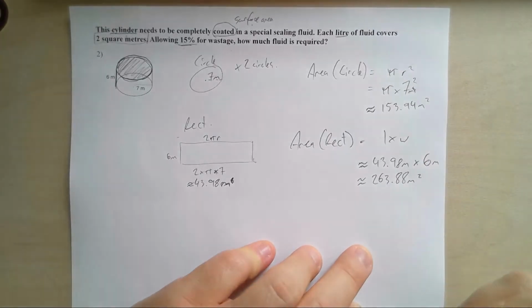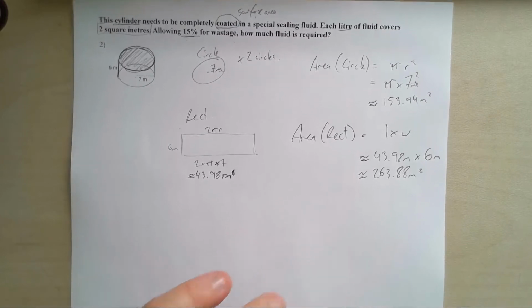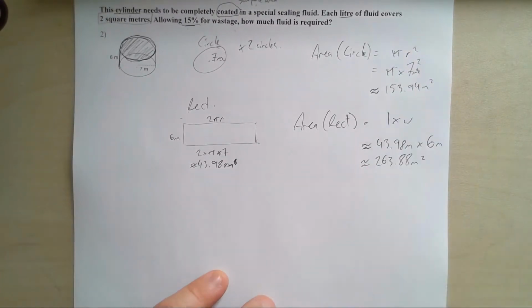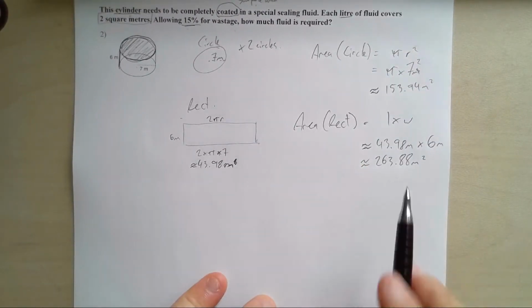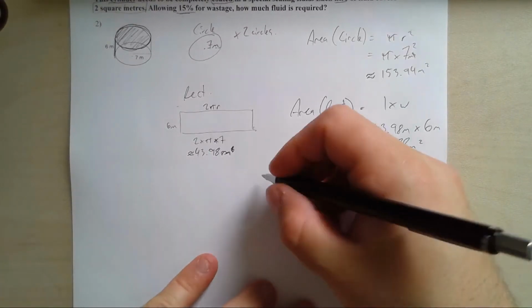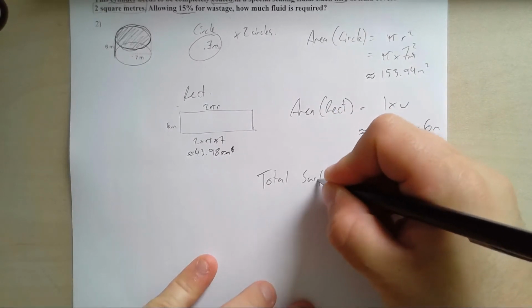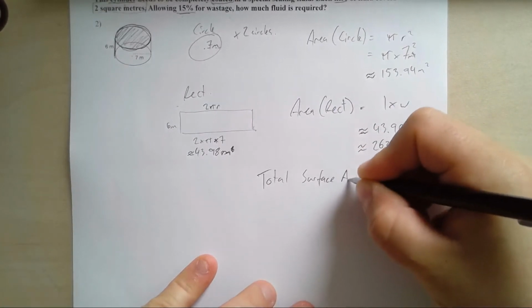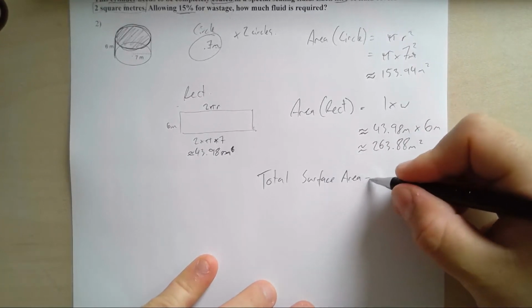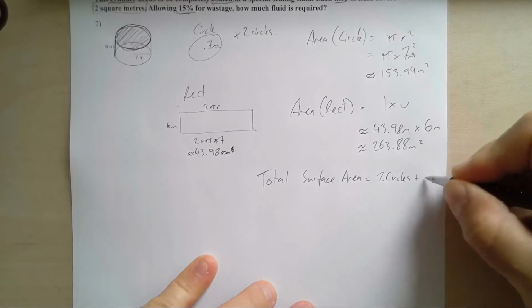Square meters. And then now I've got the area of a circle and I've got the area of a rectangle. So I've got the two parts that make up my cylinder. I can work out the total surface area. Okay? And that's going to be two circles plus the rectangle,